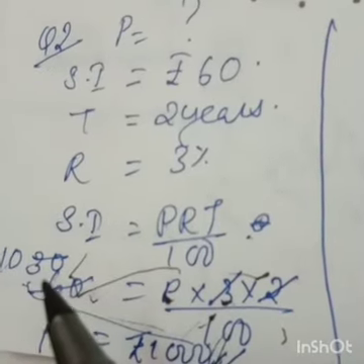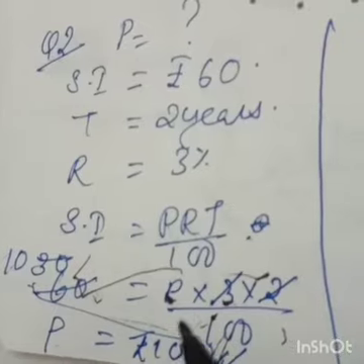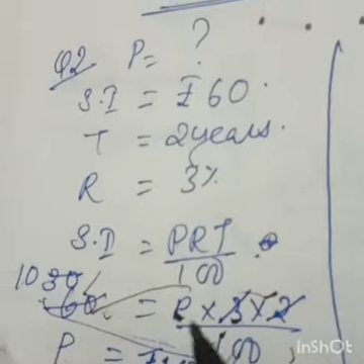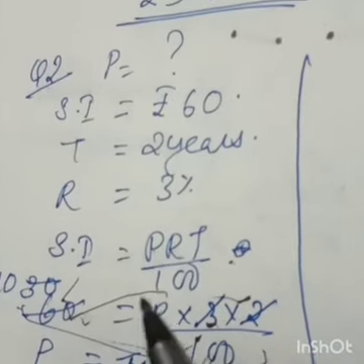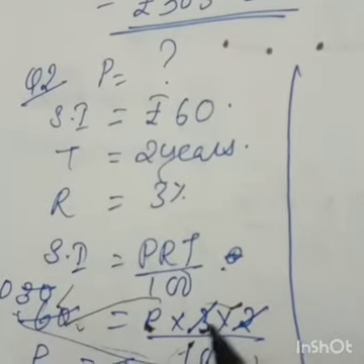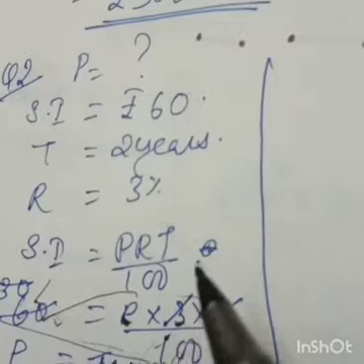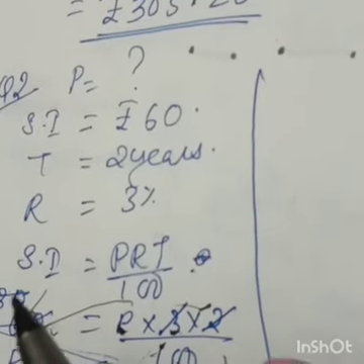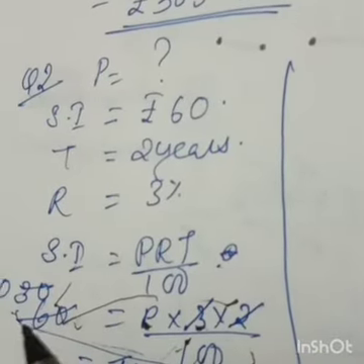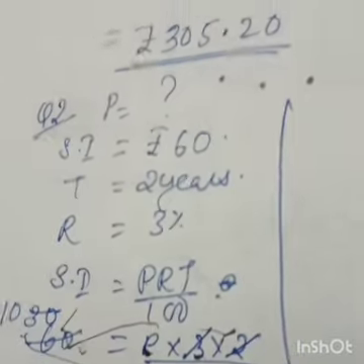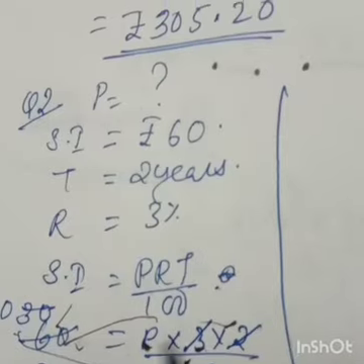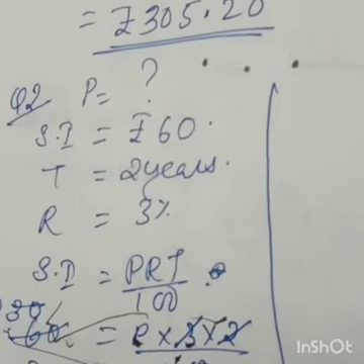Numerator you can cut out when numbers are lying on both sides of the equation, left hand side and right hand side. If numbers are lying on one side only, then you have to cut out numerator to denominator only, not numerator to numerator. But if both sides have numbers, equal sign, left hand and right hand, then you can cut out numerator to numerator and denominator to denominator. Here you can't cut numerator to denominator, left hand numerator and right hand denominator.